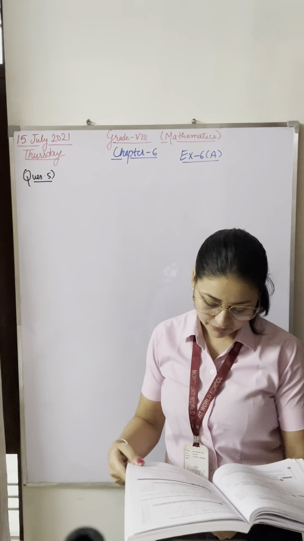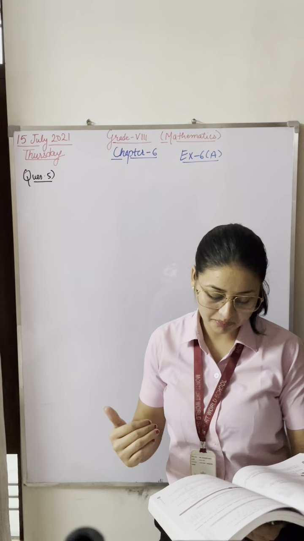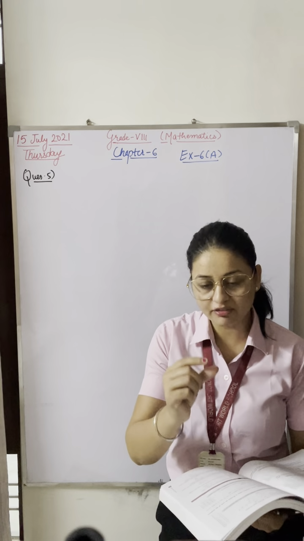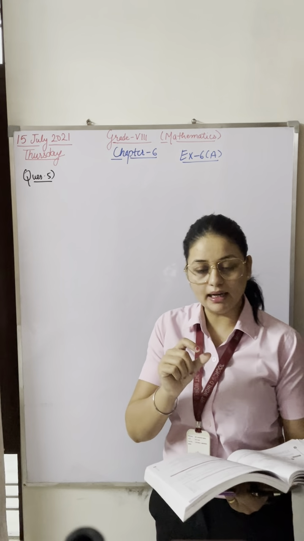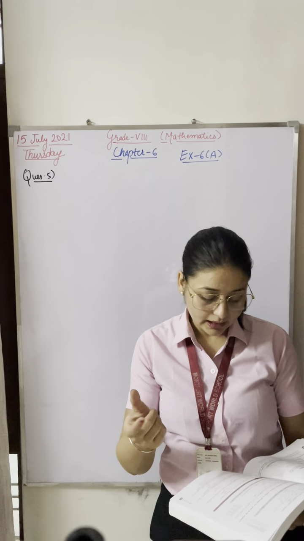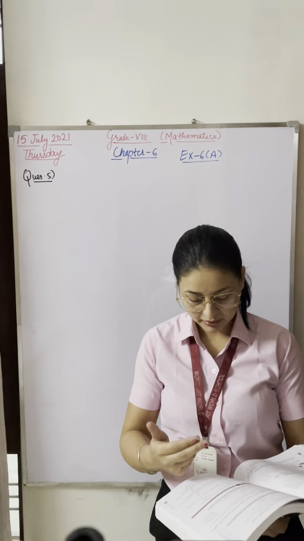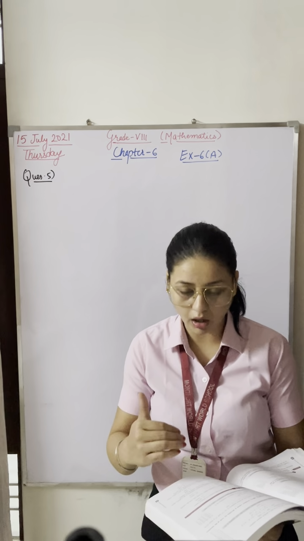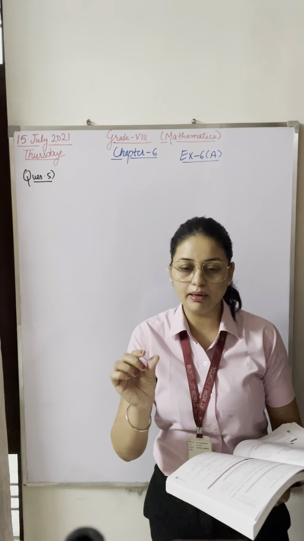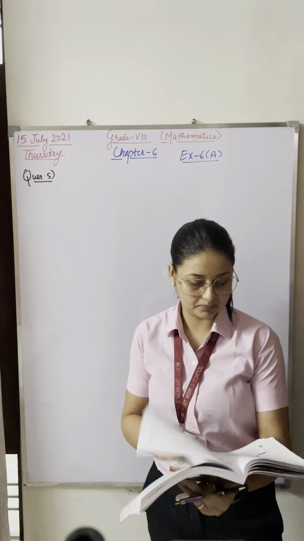Then we discussed how we can find the square numbers, by which least number it should be multiplied. If any number is left as single, you have to multiply with that number. If any number is left as single, then you have to divide by that number. It is mentioned in the question whether you have to find by division or multiplication. So both the questions are the same. Whichever number is left as single, you have to multiply or divide as per your question.